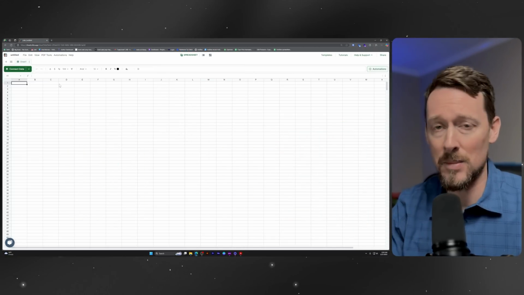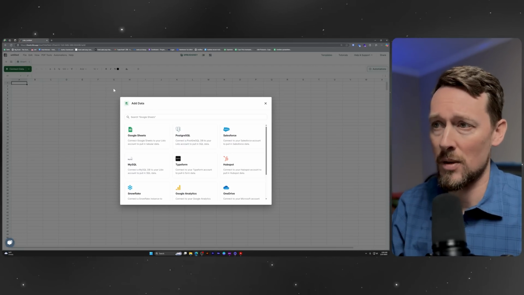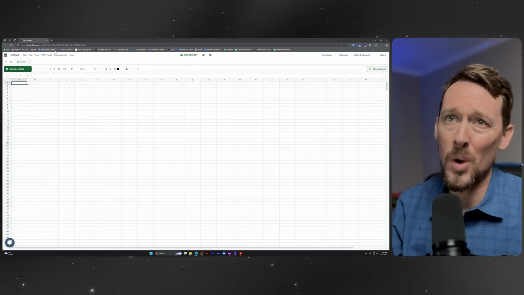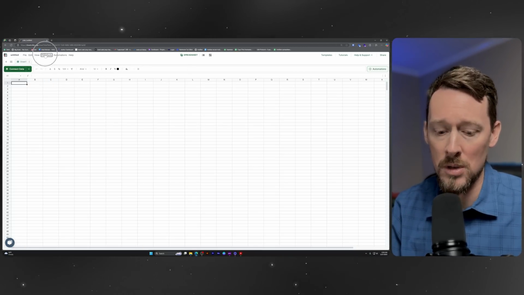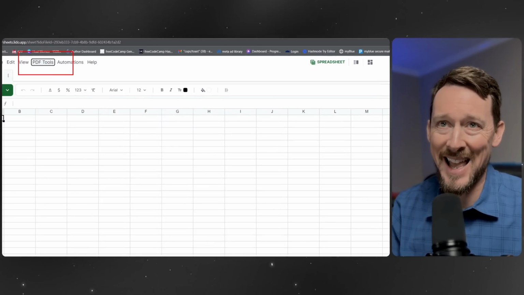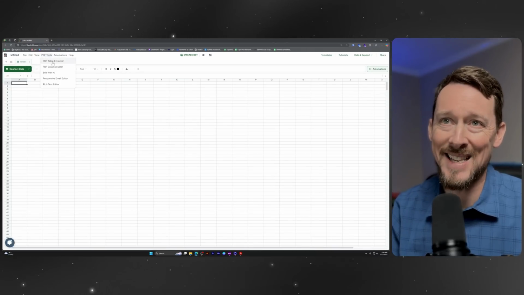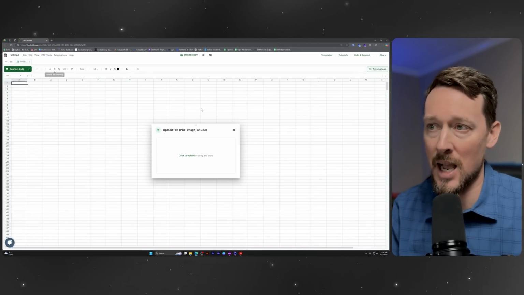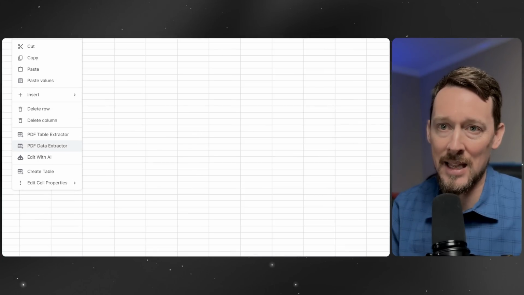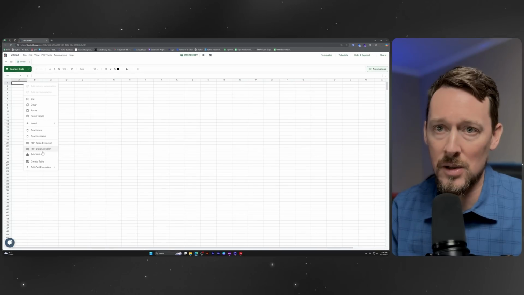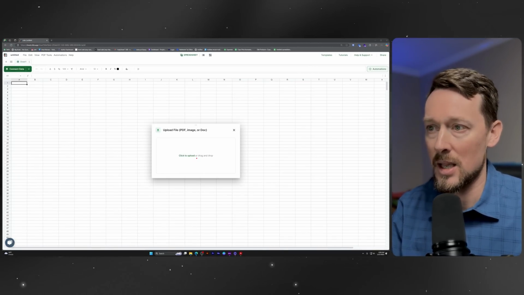Today, let's connect some data, and you can connect all sorts of data using Lido from all sorts of different sources, but what I want to do is use the PDF tools up here in the menu, and we're going to actually connect our PDFs to Lido. All right, so click up here. Data extractor is the second option. Incidentally, you can right click in a cell and hey, it's right there, data extractor. So either way you want to get to it, it'll open up this little dialog box here